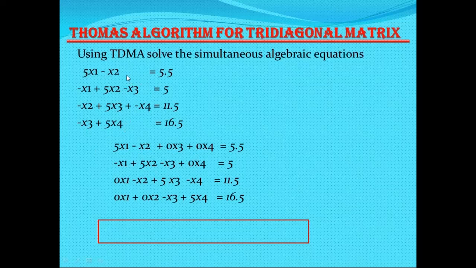That is, there is no x3 and x4 variable in equation number 1, so we are writing it as a 0. Then same for the second equation: x4 is absent, so we are writing the coefficient as a 0. Same for equation number 3, x1 coefficient as a 0, and equation number 4, x1 and x2 coefficient as a 0. So when we are writing it in the matrix form, we get three diagonal elements which are non-zero and all other elements as a 0.